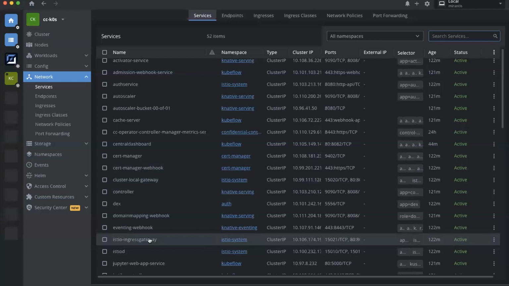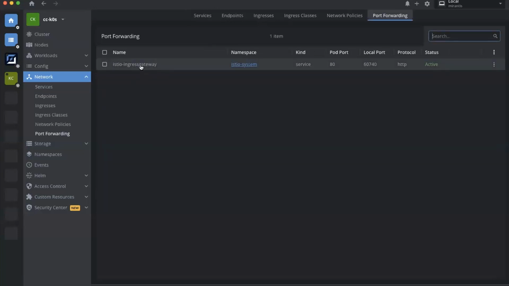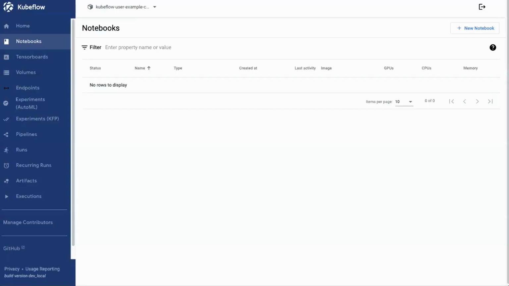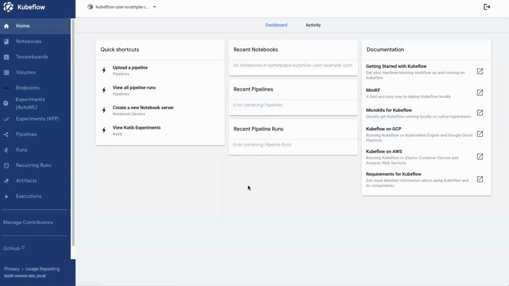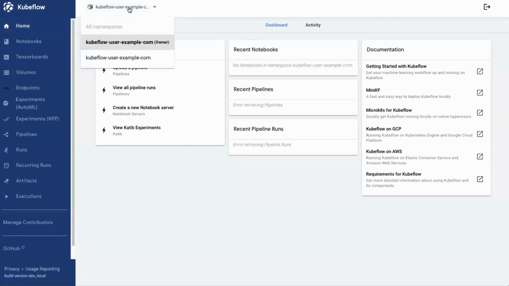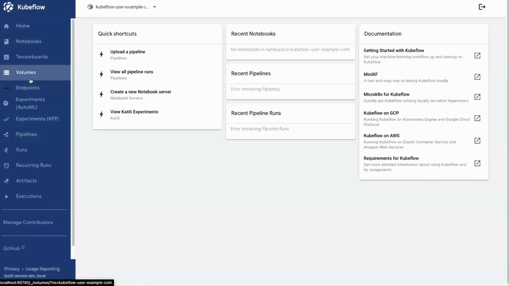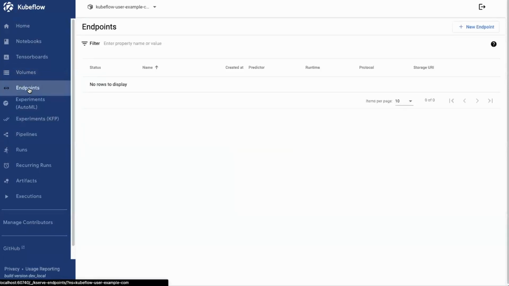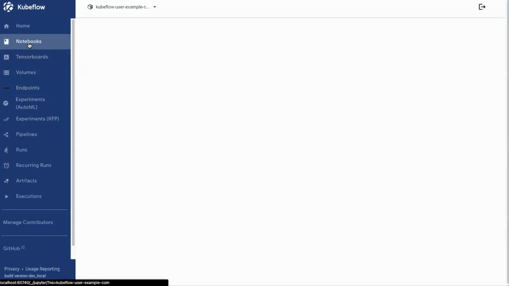And Istio can also be very complex in this regard because of the different CRDs. What I did is just use port forwarding for the Istio ingress gateway on port 80 and on my local port here in my browser. With that, I can browse the central UI component, and as a user, user@example.com, I can just browse through Kubeflow here directly and look into what happened, what is going on in my